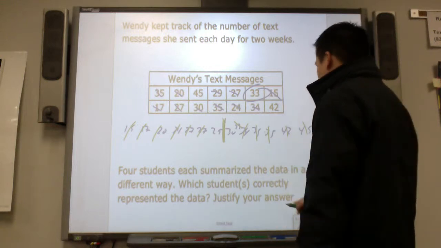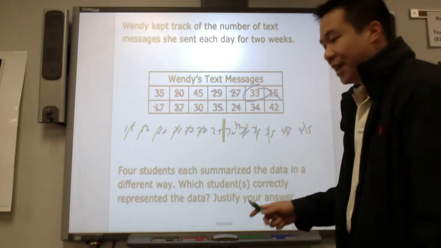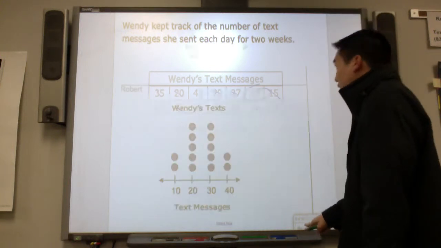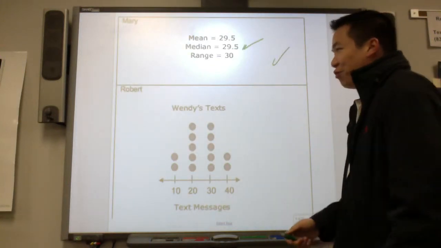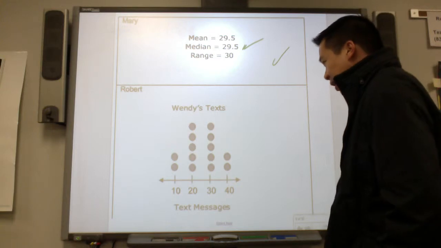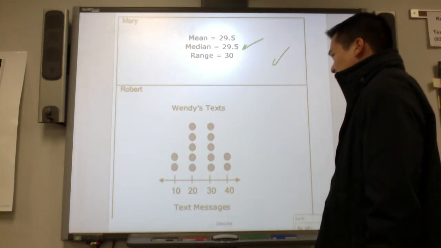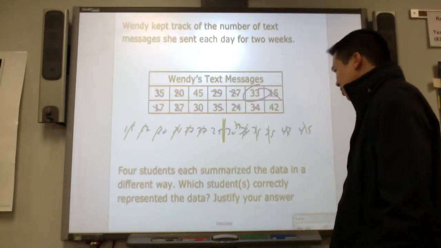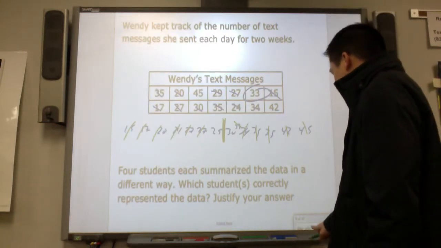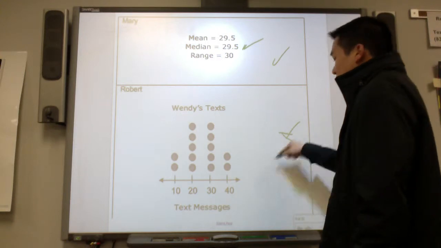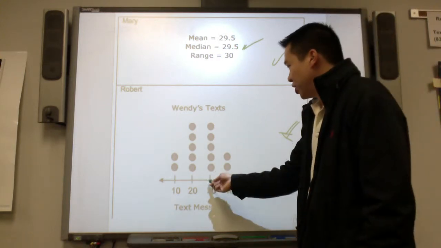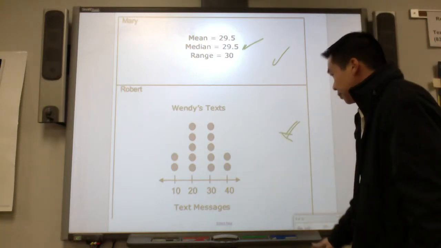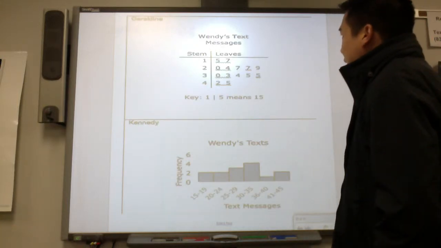So that is correct. And the range is the spread between the highest and the lowest. 45 minus 15 is 30. So Mary is correct. Good for her. Robert, did Wendy receive exactly 10 messages twice? I don't see any 10. Completely wrong. If it had been a histogram where there are different ranges, but in this dot plot, this is not correct. Next one. In the stem and leaf,